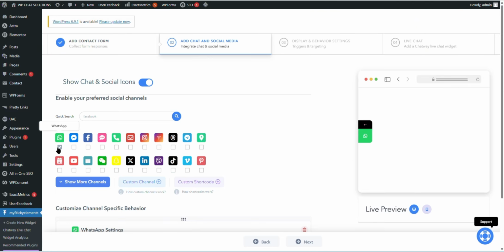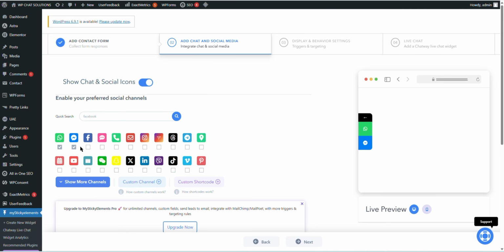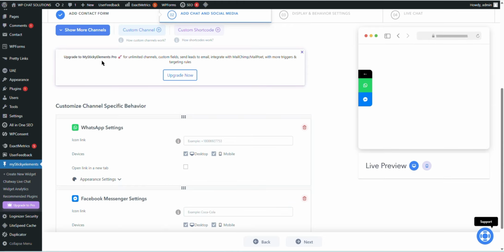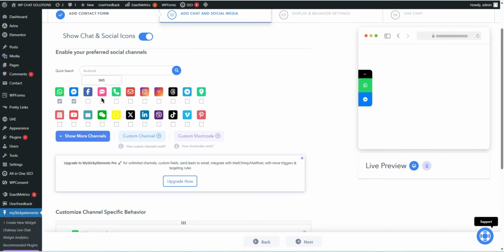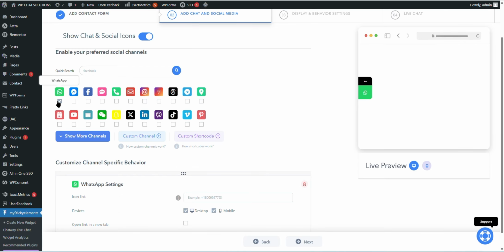And from there, you can see that I have a check mark underneath WhatsApp. If I added Facebook Messenger, it will most likely appear here. So as you can see, it has added Facebook Messenger, and you may have to upgrade to the Pro version to use some of these social media buttons. For example, this one, Facebook, it does prompt me to upgrade, so I'm not going to do that now. And this other one too, this is the SMS. So there's several of these that will prompt me to upgrade. In this case, I'm just going to disable this Facebook Messenger, and I'm just going to run with the WhatsApp